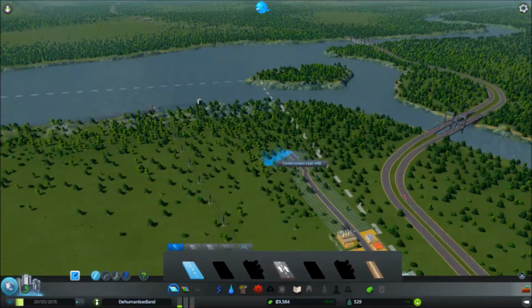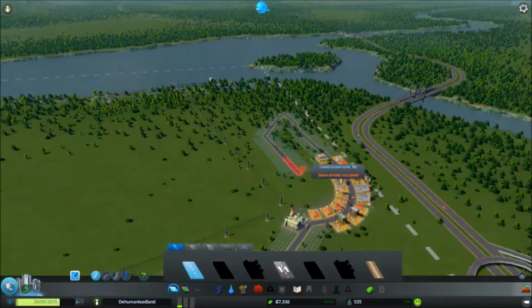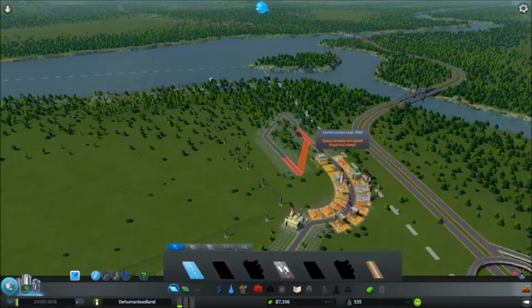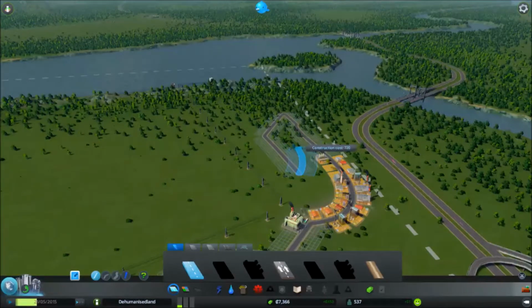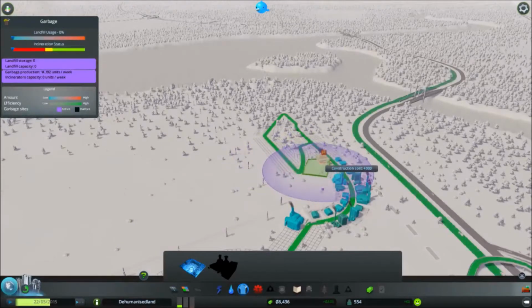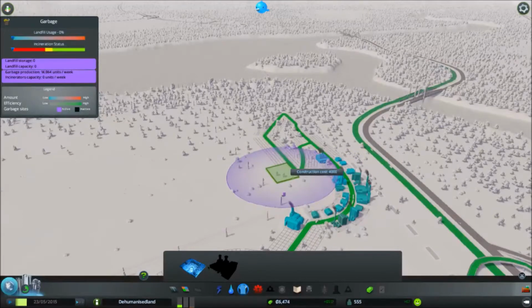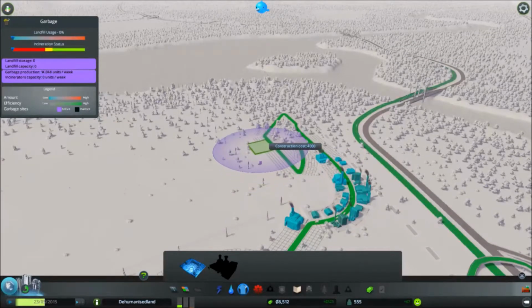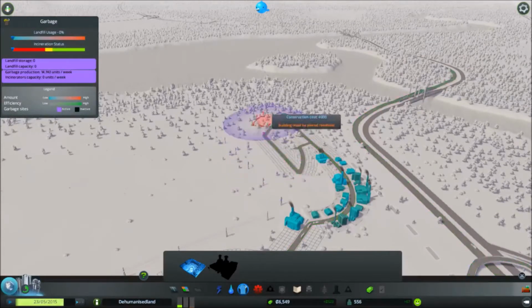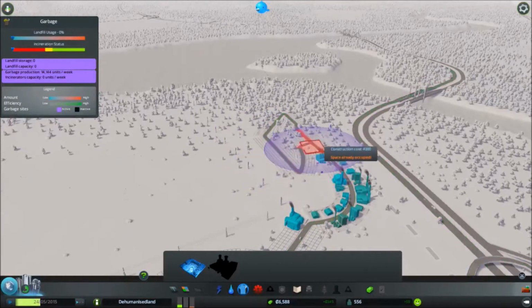I have a pointless curve in this road, because why not? We'll also bring it in on a slant. There we go. So we'll go to our garbage section, and we will create a landfill site on the corner here. That will actually disturb what we can build around there. I think we'll build this out of the way, but not so far that the trucks...